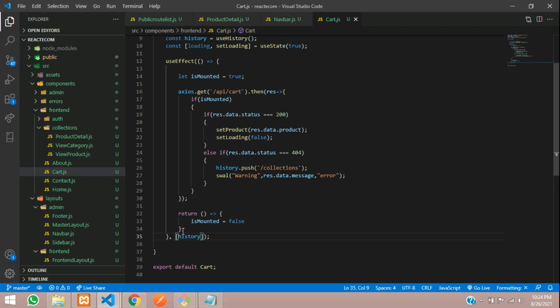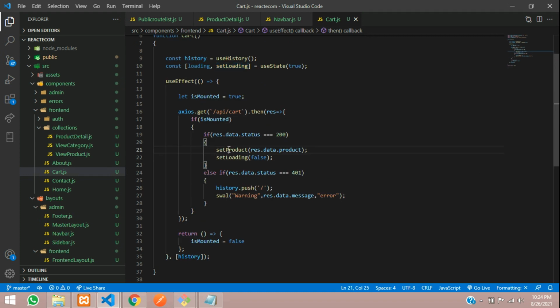We just need history, and we'll redirect to home page if it is 401. 401 means unauthorized, you are not logged in. If it's success, you are going to set your cart data. So let's give set cart and response.data.cart values.